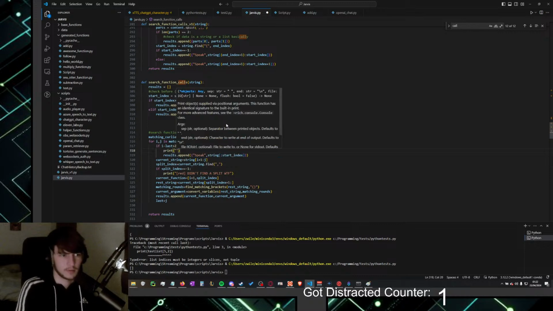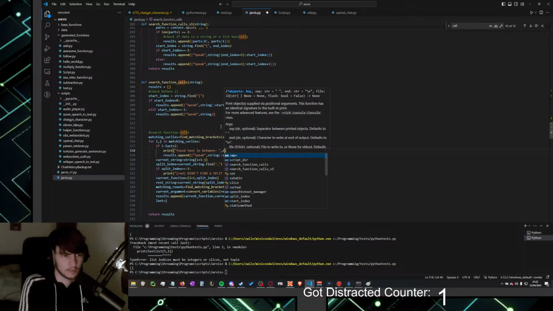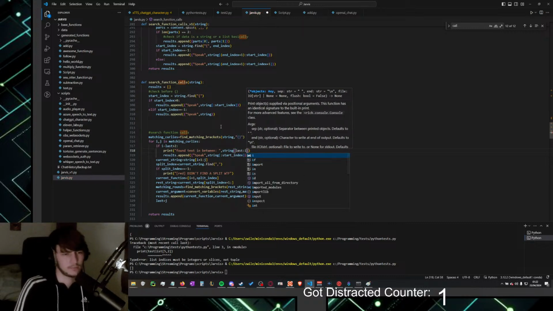Print found text in between, and then string, we do last to I, which should work.